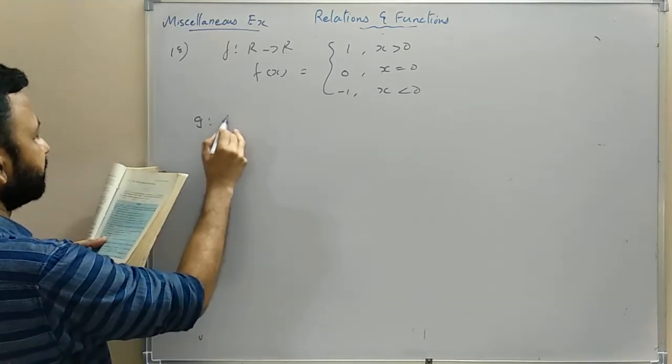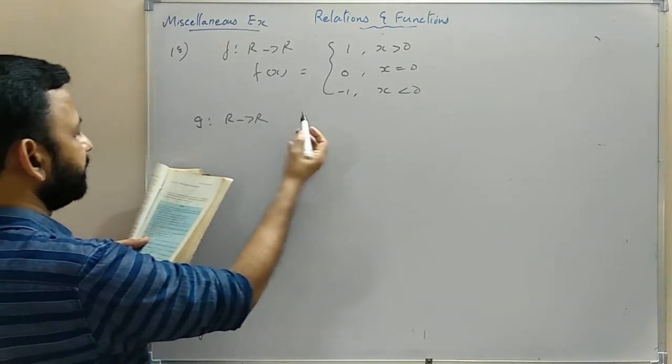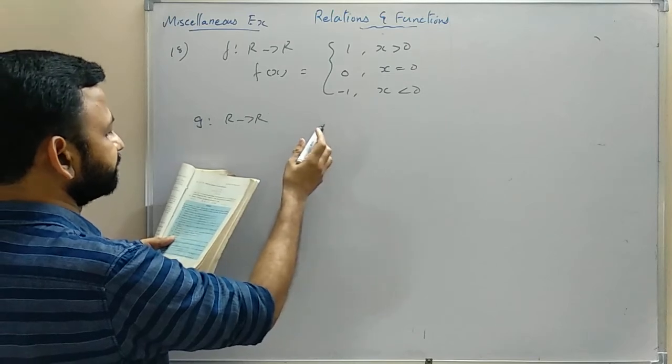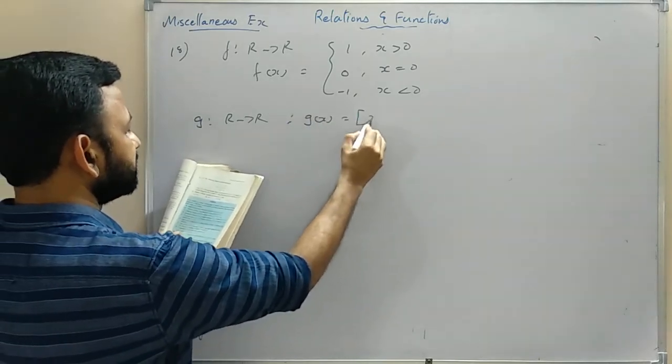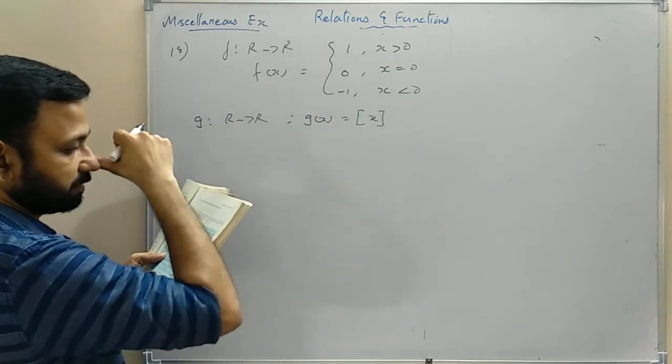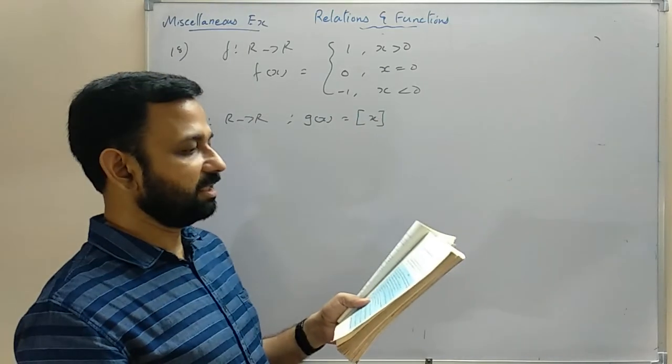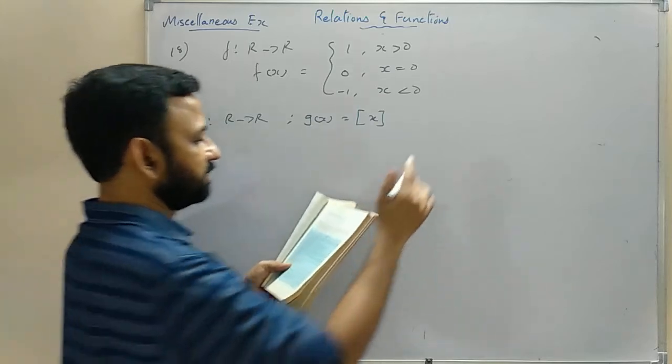And g is a function from R to R, the greatest integer function, such that g(x) is equal to the greatest integer less than or equal to x. Then